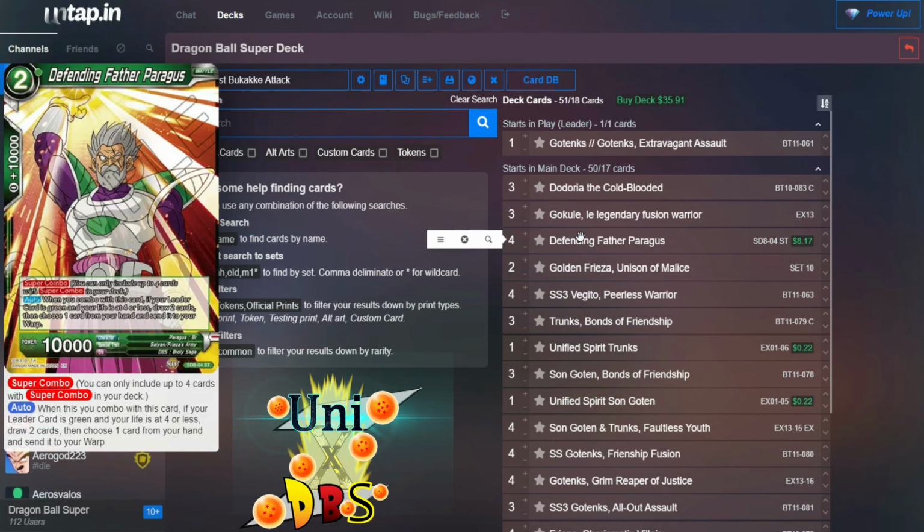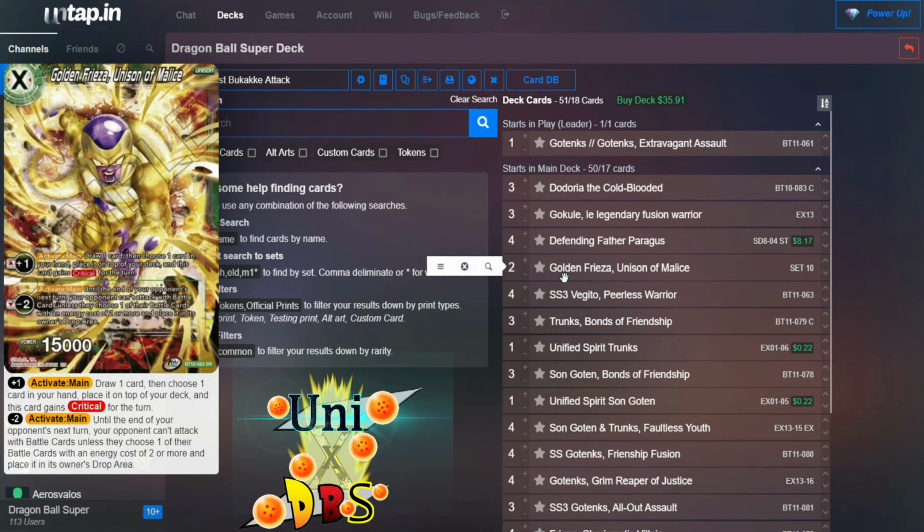Defending Father Paragus, because structurally he is one of the best super combos in the game. I mean, dude legitimately allows you to pick up 2 and then choose which cards you warp. Since this card awakens off of having a unison, you gotta make sure that you have enough unisons. So I've got 2 Frieza, Golden Frieza, Unison of Malice, because he's able to put critical pressure, fix the hand